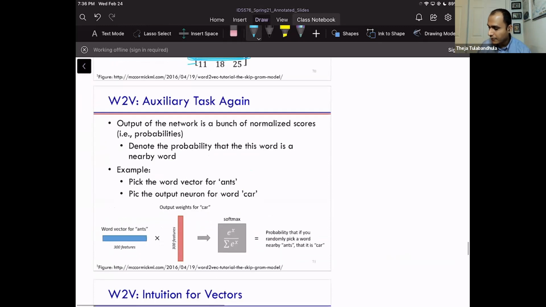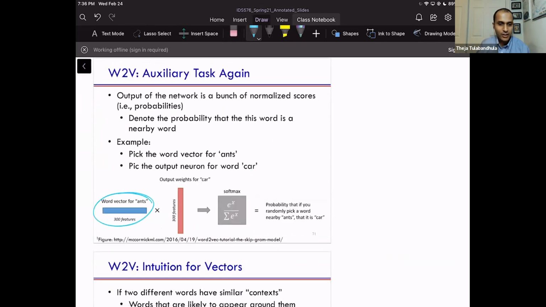And once you get that 300 dimensional vector for your original one-hot encoded word, from there you're saying, hey, how do I get from this 300 dimensional vector to ensure that after multiplying this with another weight matrix, and then doing a softmax operation, I just want the nearby words' scores to be highest. So this is going to be a 10,000 dimensional vector. The y-axis just means higher score or low score here, and everything else should be close to 0, ideally 0. That's all we want to do.